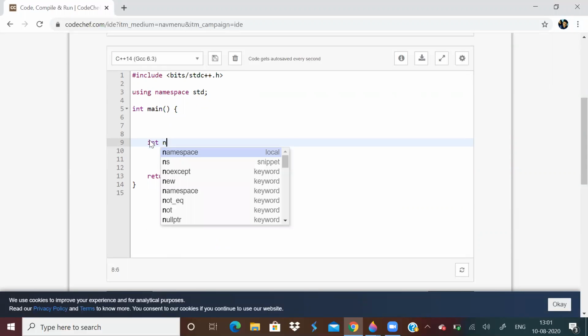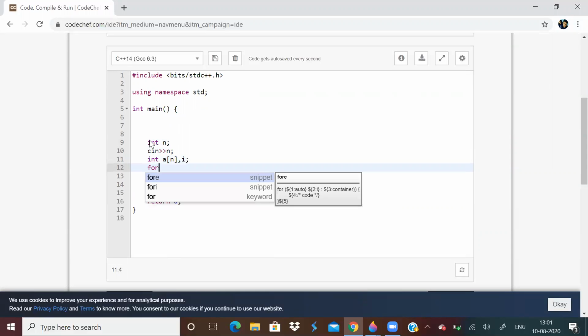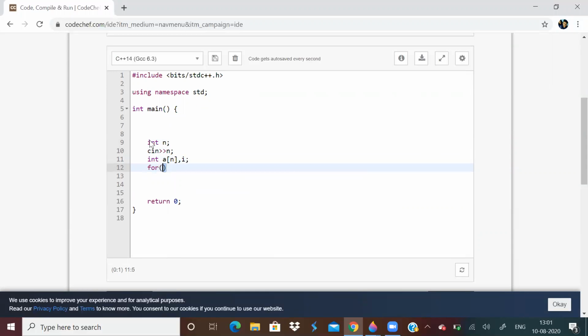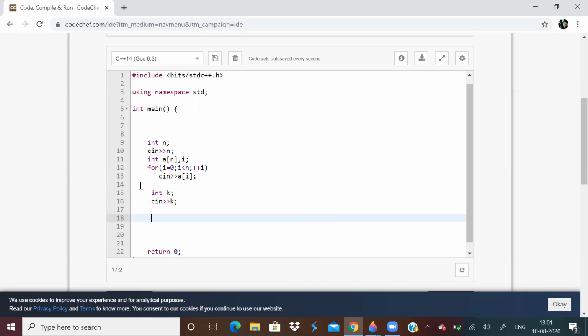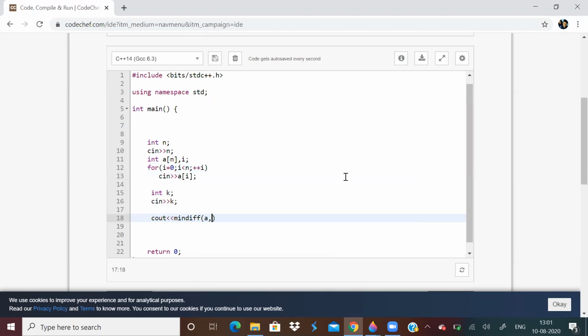So let us write the code for that. Let us take an array input. Let us take a target variable k. We'll accept it. And then let's say minimum difference. We'll say minimum difference.